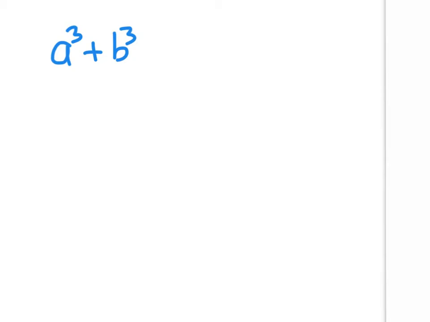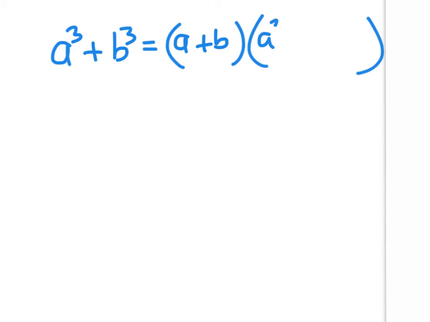Let me give you a method of how to remember the formula yourself. You're going to put equals, and it's always going to be a binomial times a trinomial. What belongs in the binomial? Exactly what you see right here without the exponents, so you are going to put an a plus b. And what belongs in the trinomial? Well, you have to memorize this part: it's a squared, and then in the middle you're going to have an ab, and the last one will be